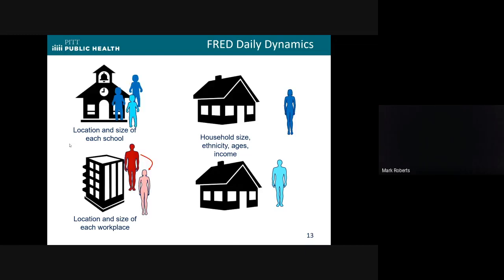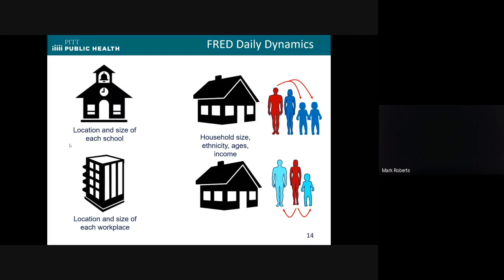Some of the parents go to work. All the kids go to school, although we do have a certain portion of kids who are homeschooled based on the rates in each state. They mix with other people in their school, they mix with other people in their work, and they go home in the afternoon, and now the people who got infected can infect other people. They also contact people in their neighborhood. Every household is located in a physical location, and we have a neighborhood size, which is directed around that household location, and people contact each other in their own neighborhoods as well.